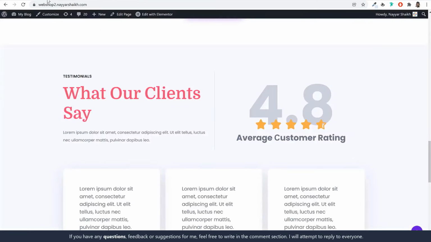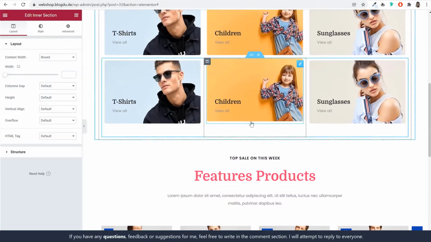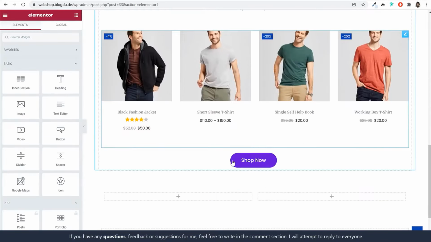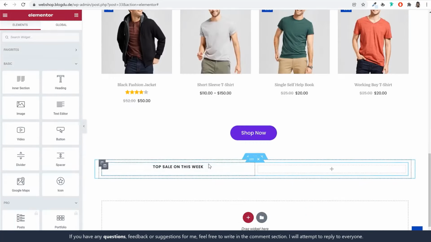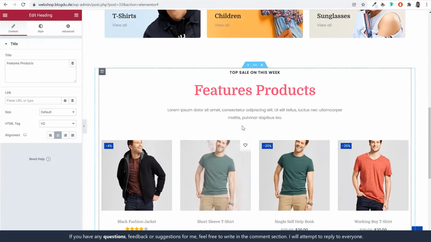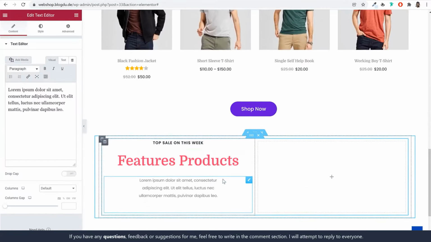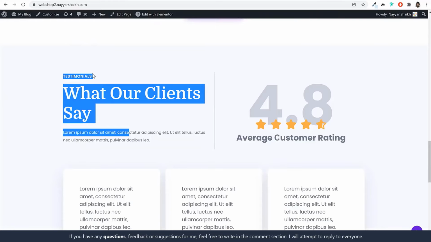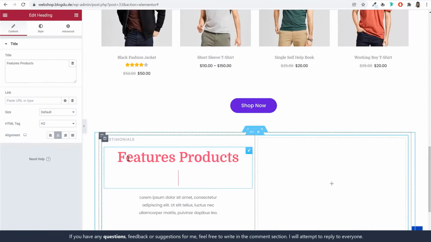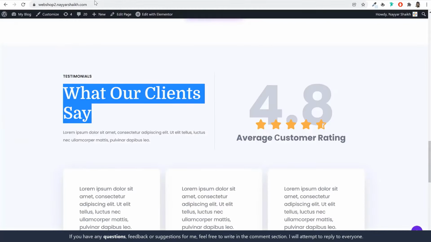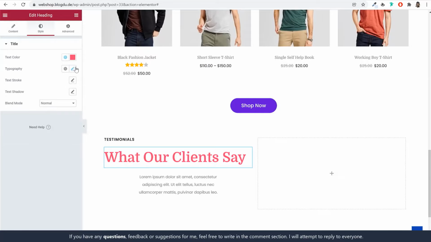Now first of all, we want to do one thing. We want to copy title and everything from top because we have a very similar design. So we'll copy this thing, paste it over here, copy this second thing, again paste it over here, and then finally we'll copy this and paste it under this option. Now we'll make everything left. First, the title says testimonial, so we'll type in this thing, make it left. This says what our client says, so we'll change this thing, make it left, and we'll also increase the size